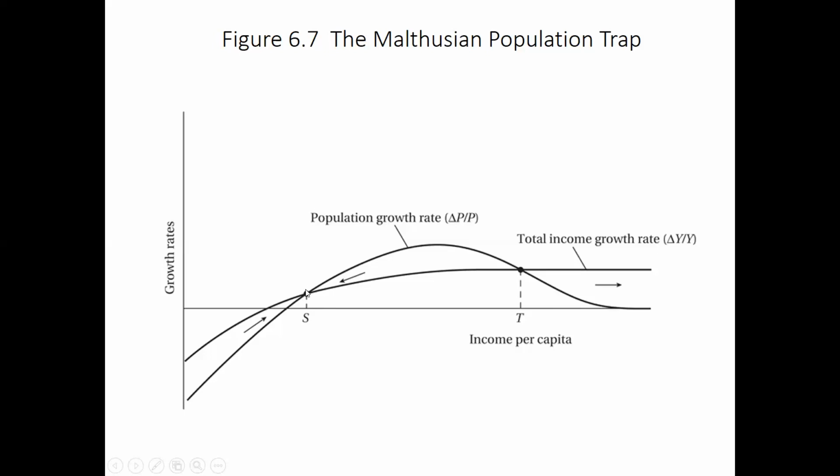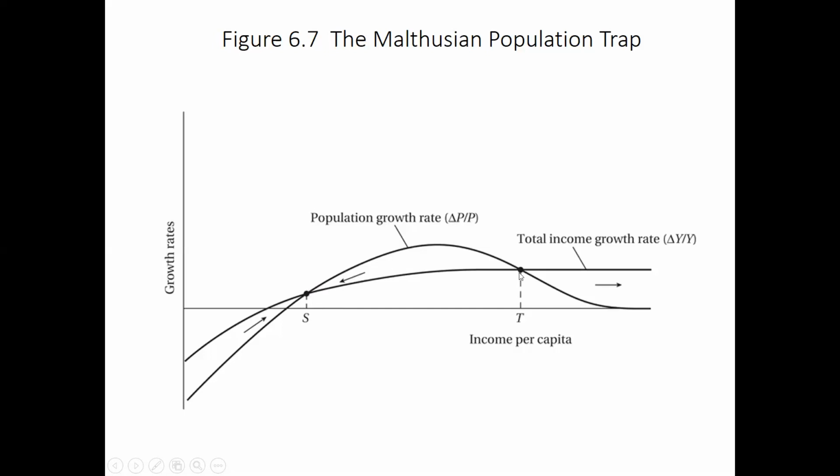Now, this is the low income per capita equilibrium, and the idea of a Malthusian trap here in this graph is that if you move a little bit above, let's say, to an income per capita over here, because, as we said, the reduction in mortality rates will lead to an increase in the population growth rate that is bigger than the increase in income growth rate, and so this will lead to a reduction in income per capita, and it will push you back to S. And so for that reason, S is not only an equilibrium, but it's a stable equilibrium in the sense that if you perturb this equilibrium a little bit, you go a little bit above that, or even a lot above to over here, this will push you back down.